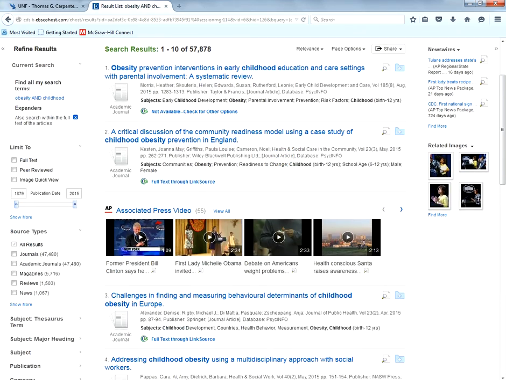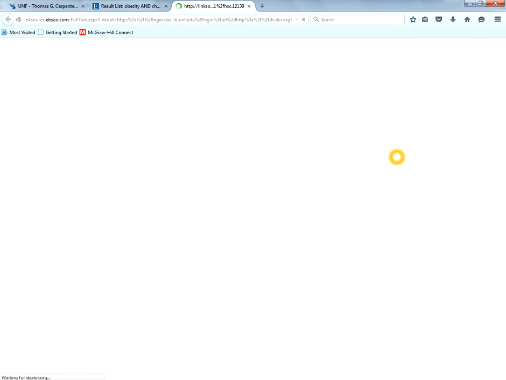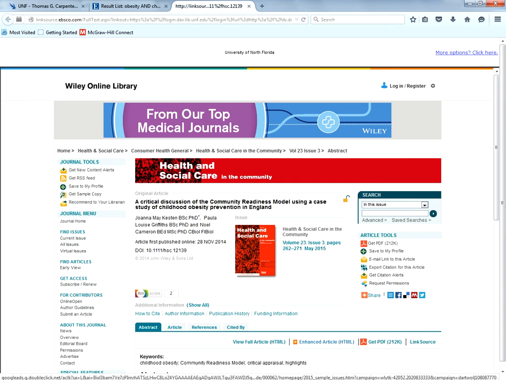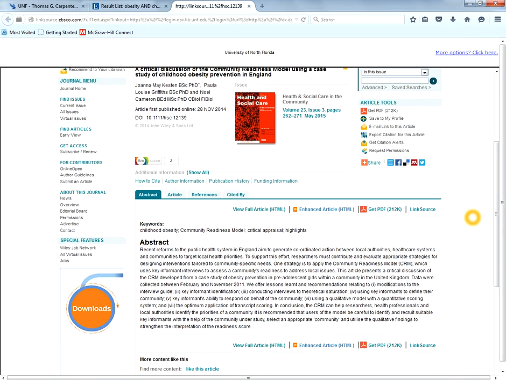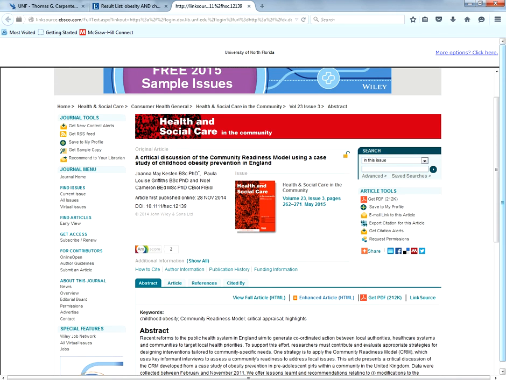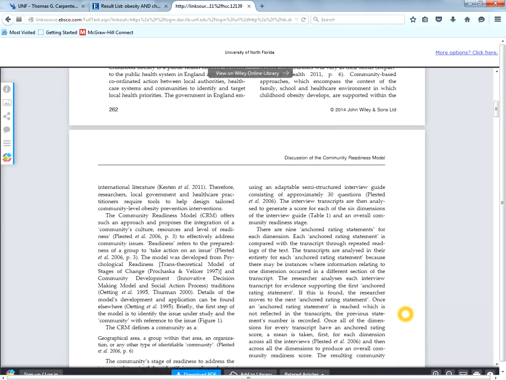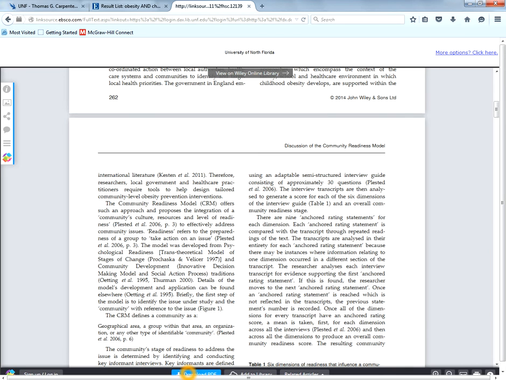If you're not accessing it from right within PsycInfo, then you click on that link, and this will take you usually to the actual website for the publisher. So this is a Wiley publication in this example, and you just need to look around on the page for the PDF version, and usually you'll find that somewhere. It differs depending on the publisher, but in this case it's here, so you just click on Get PDF, and that will give you access to the actual PDF article. And again, if this is for your individual project, you would want to download this to your computer. Okay, so that's sort of the nuts and bolts of accessing formal sources using the library databases